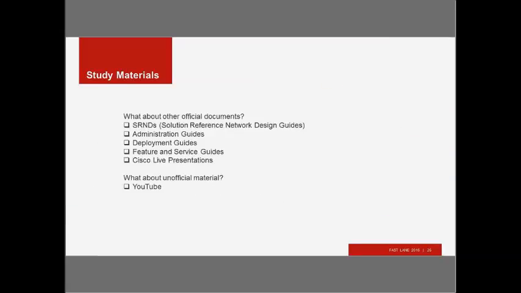What about other official documents? SRNDs, administration guides, deployment guides, feature and service guides, Cisco Live presentations. We have all sorts of official documents that we can look for. And we have some unofficial material. For example, there's a lot of YouTube content out there. Now, for CAPPS, you're going to have to do some web searches,